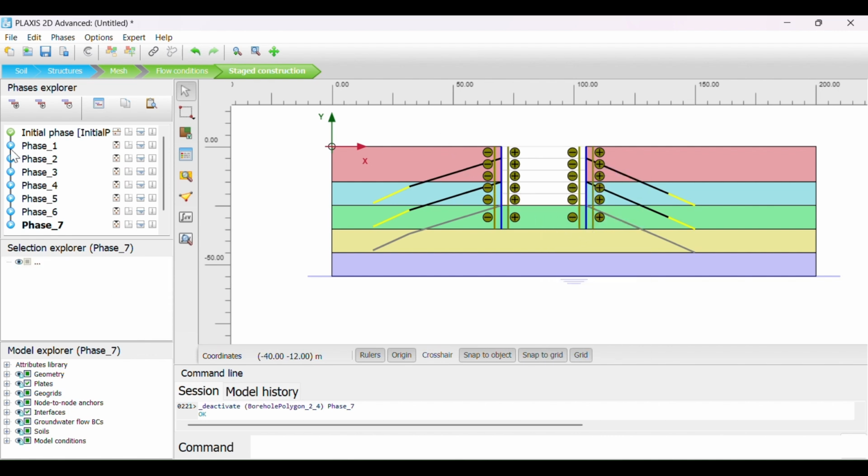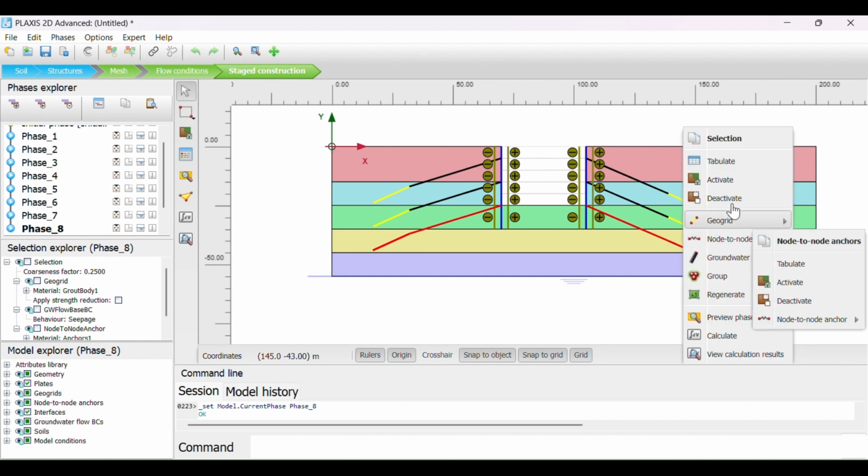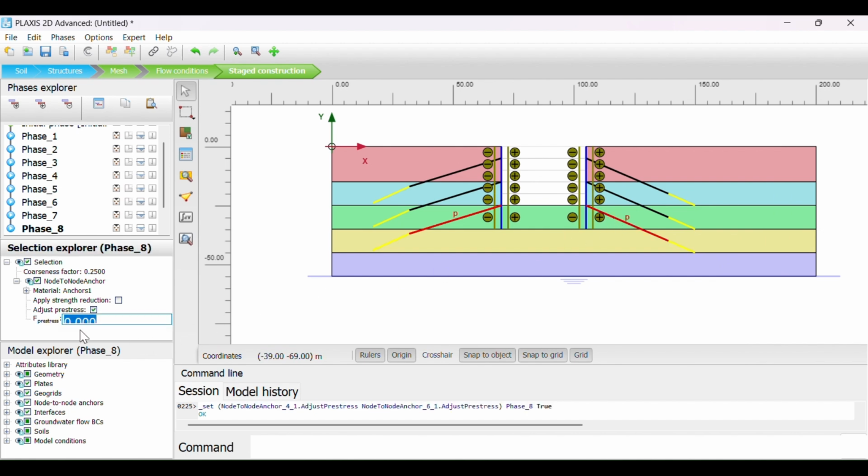And then the last one should be the installation of these anchor bars, and also applying the plasticity of